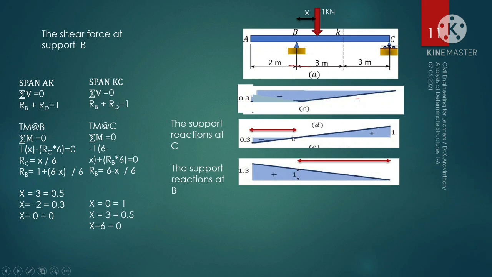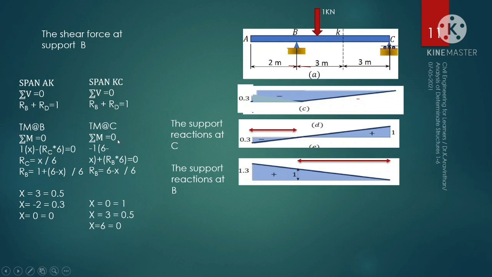As we know that the support reaction at C is this and support reaction at B is this point. As the load is applied here, we can take the support reaction at B, this value into negative, and plus 1 will become minus 1, and you can take the same value which is support reaction at C as the remaining value, that is minus 0.3. So this will be your drawing 0, 1, minus 0.3. Okay. If you want to analytically calculate, you can take the calculation here.